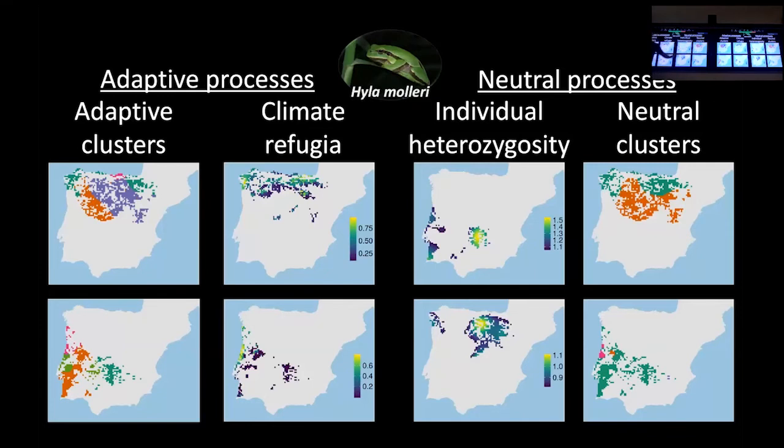And I should have said this right at the beginning, but we also ran an analysis at the very beginning where we took the species and subdivided them into independent evolutionary units or genetic lineages. So, there's a north bunch of populations and a south bunch of populations of the species. And those are kind of independent. So if you want to conserve the evolutionary history of the species, you need to get both.